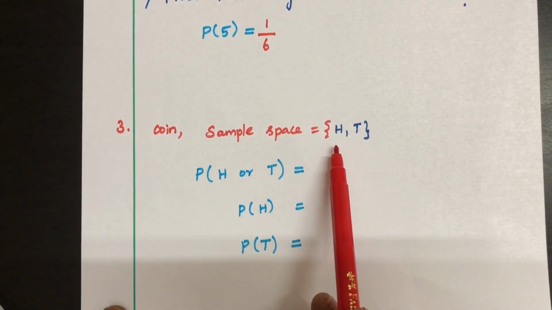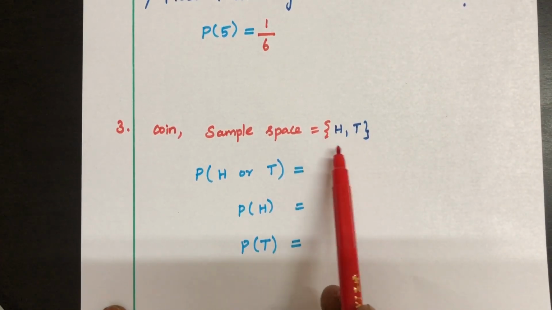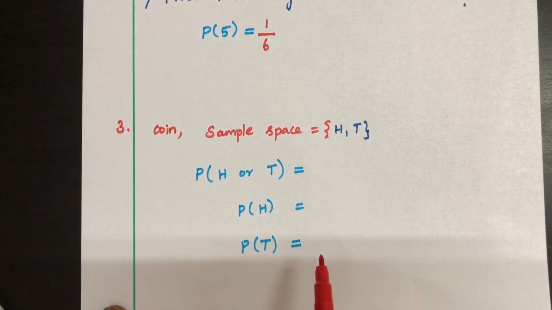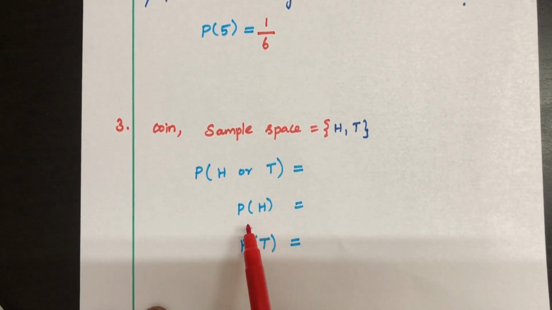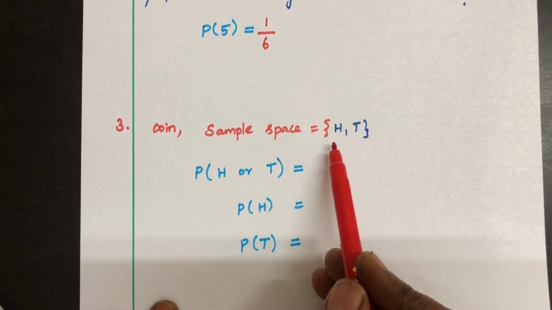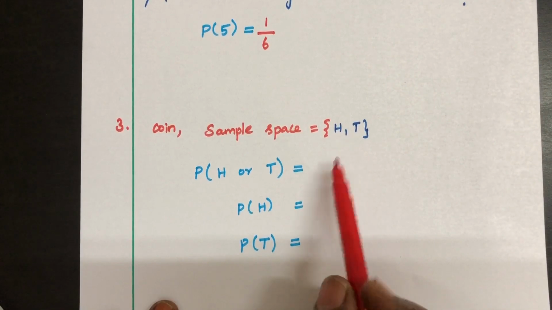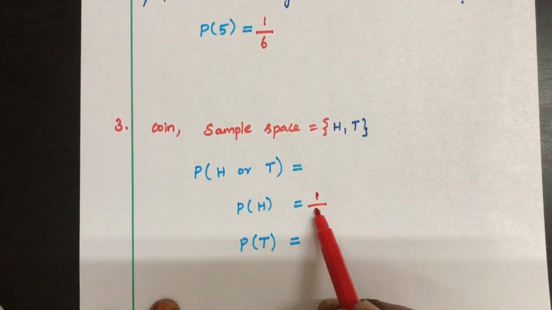So sample space is all the possible outcomes. So head and also tail, we marked here. These are all possible outcomes. Now the question is, what is the probability your team will start? You may choose head or you may choose tail for your team to start. So if you choose H, that means probability of getting head. How many heads are favorable from the sample space? Only 1. Total number of outcomes is 2.